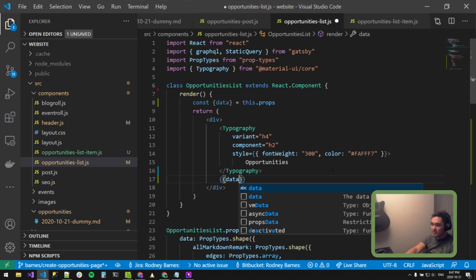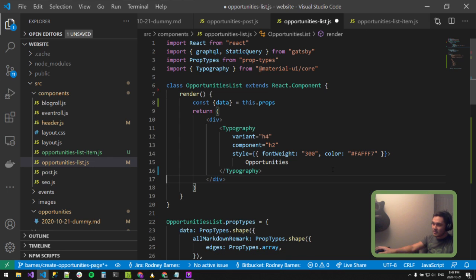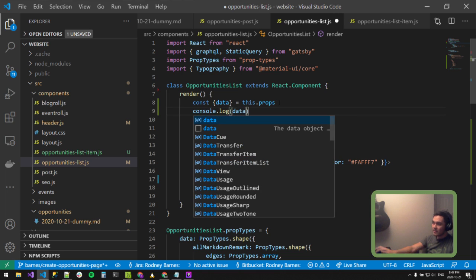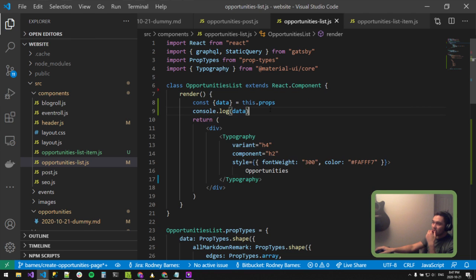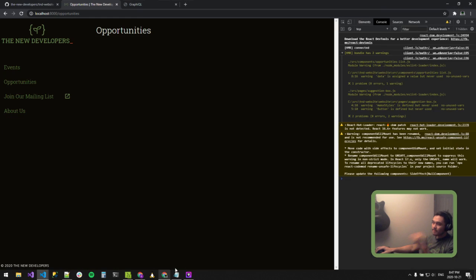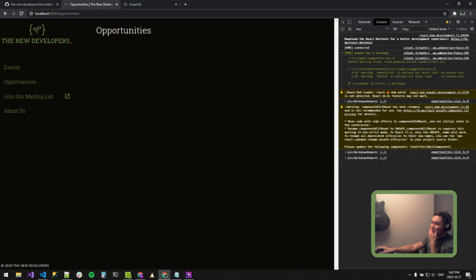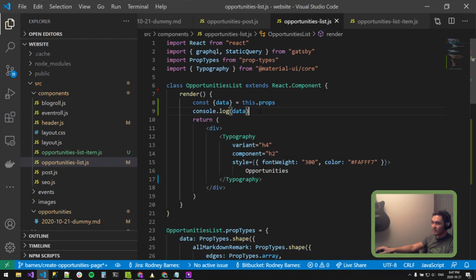Data. What is data? Let's console log data. I believe that data will be, let's just see. Okay, so we've got all markdown remark dot edges, and what we want to display are all of the array of edges. That's what we want. Okay, so